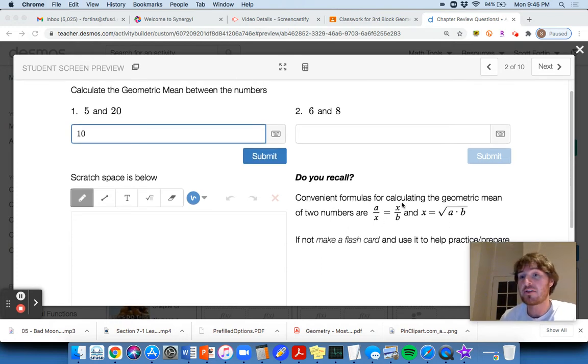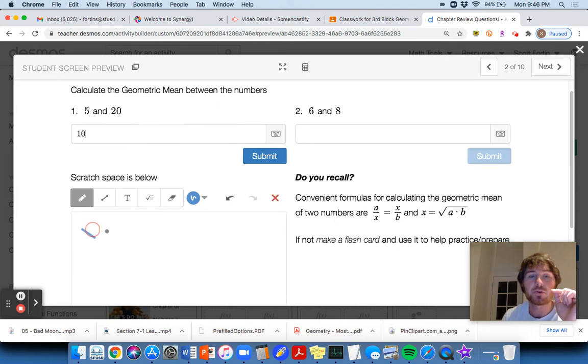Remember, the geometric mean is a number that occupies both the mean positions between the two different numbers. These are the means, these are the extremes. If you're cross multiplying, you're going to have to take the square root at some point, so this is just a shortcut. Let's do the shortcut on this one here. The geometric mean of this one would be x equal to root